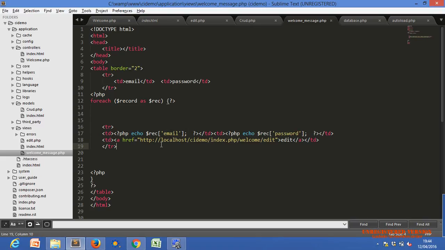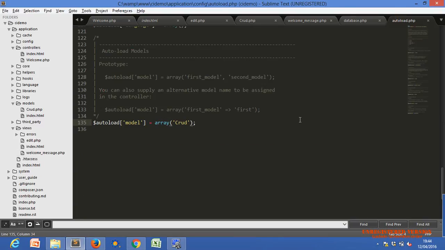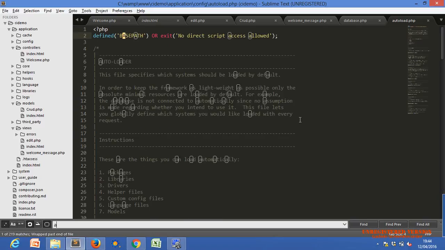Right now it is only in one place, but this kind of link could be in our site in hundreds of places, so we would have to change it in 100 places. That's why there is a base URL function available in the library.